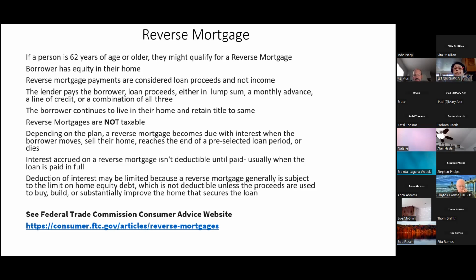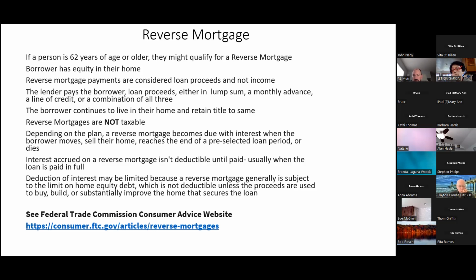And then this is your takeaway for VITA purposes. Reverse mortgages are not a taxable event. So someone may come in and say, I've got a reverse mortgage. Okay. And then again, it's not taxable. Now, when you're talking about a reverse mortgage, it simply means you have principal and you have interest that you're paying. And typically that's going to be paid at the end of the period.